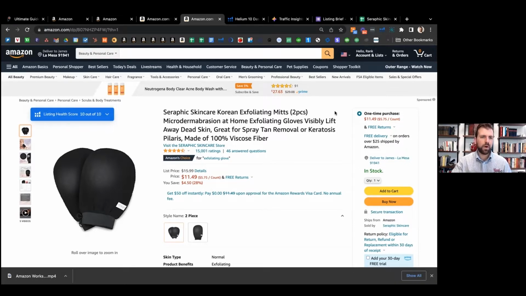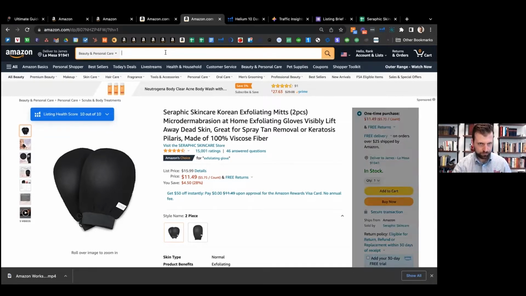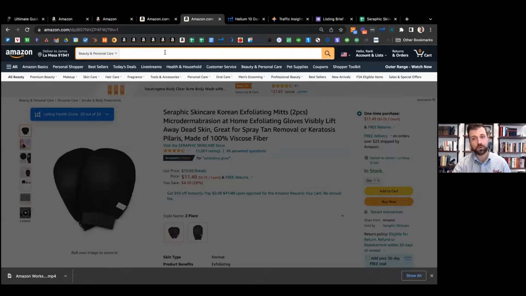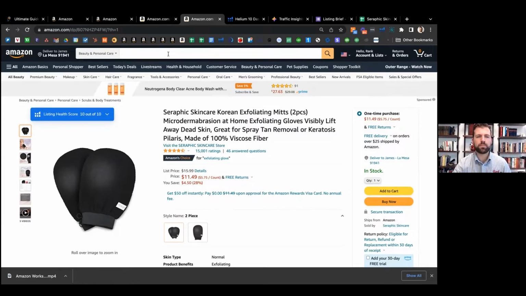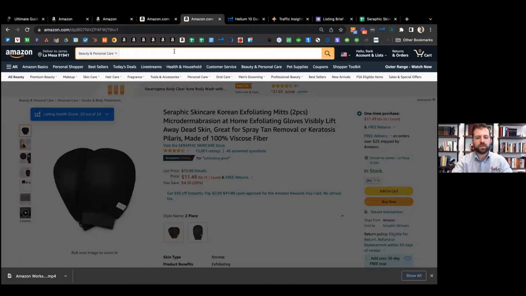And so probably one of the most common ways that people search for products on Amazon is through the search bar. And Amazon was very much a pioneer in developing the search bar and making it one of the most prominent ways for people to find things, right? We can think about Google has a search bar, Bing, Yahoo, but when it comes to product searches, I believe more than 51% of those on the internet start with Amazon. And they've created something where it's very simple for you to just type in your keyword,